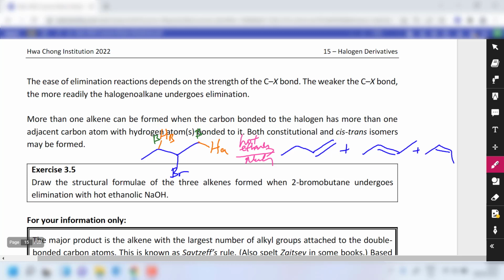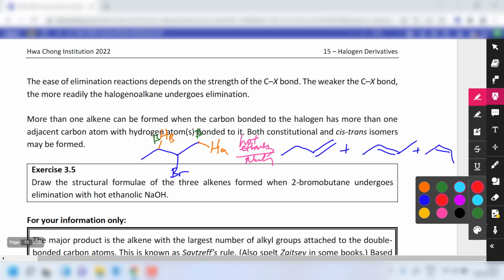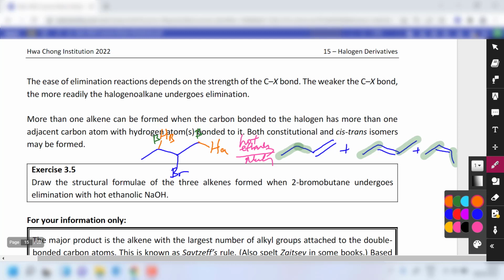So in this case we have one alkyl group bonded to the carbon. In our other two cases we have two. So that means that this is what we call a mono-substituted alkene, and these two are di-substituted